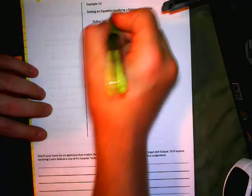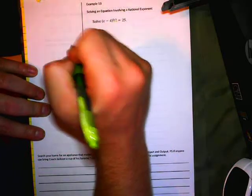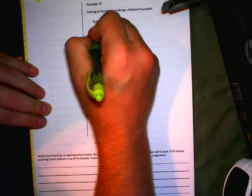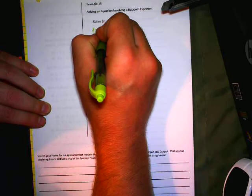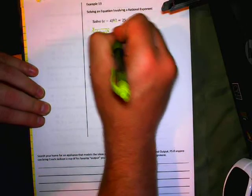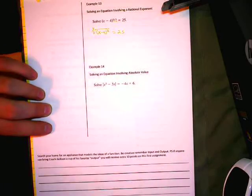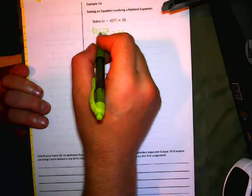13. Now we're working with some crazy radicals, to be honest. If you can't remember what this means, it means squared and cubed root. So when I write that out, it means the cubed root of x minus 4 squared equals 25. Okay. So same way we had to get rid of the radical earlier by squaring both sides, now